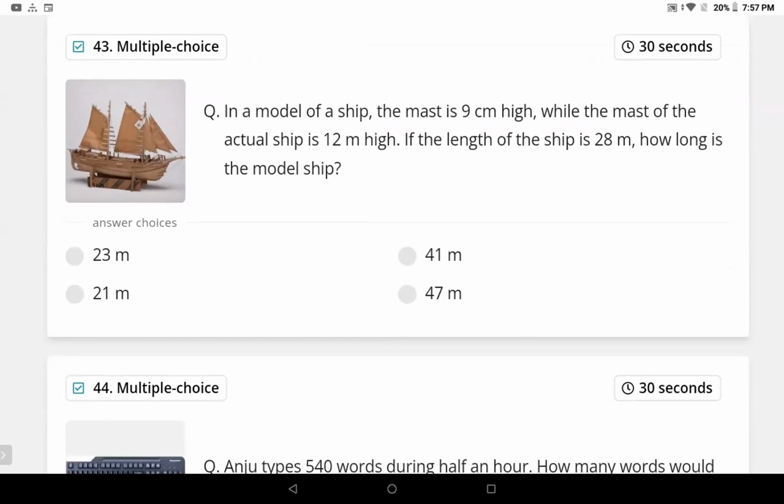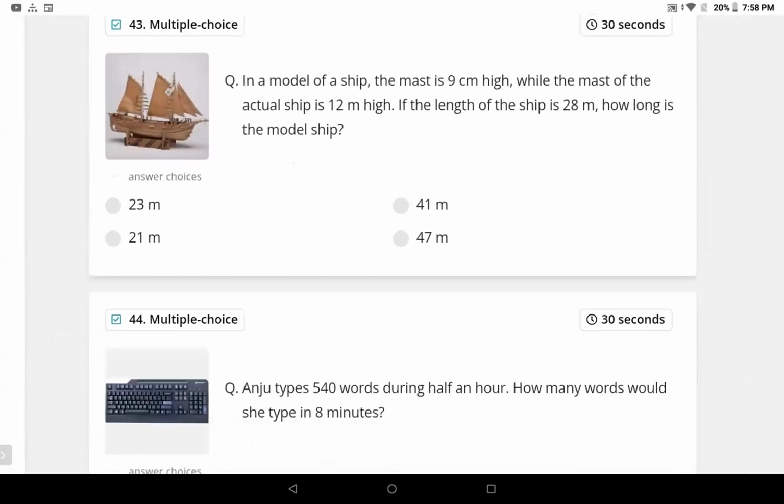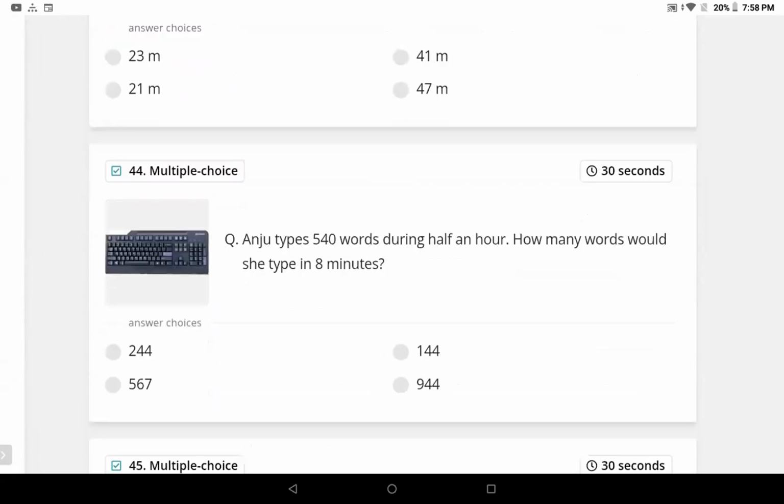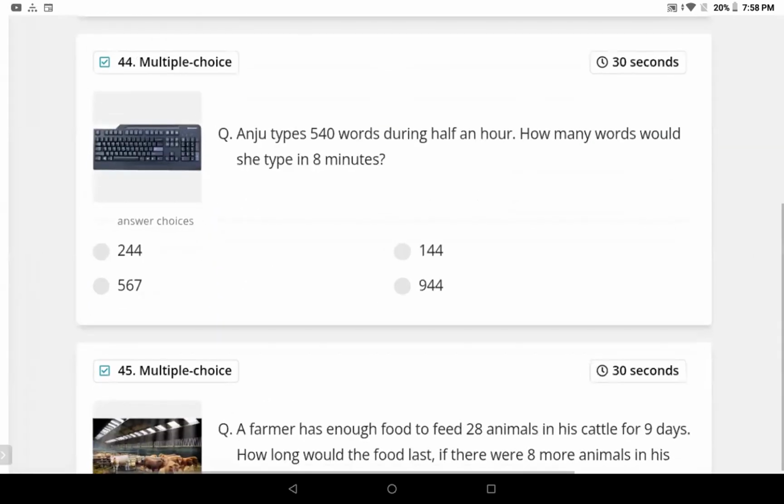No, but here it is meters and centimeters. I think the answer is in centimeters, children. They gave the wrong answer actually. You just see, the model of the ship you are supposed to express in centimeters. I should change this question so the unit should be in centimeters, children. Don't consider it as meters because it is a model. Maybe the size will be reduced, like how we do in map scales. Same way, the model is in centimeters. So sorry, the units are centimeters, not meters. It's 21 centimeters. So your answer is correct, but the centimeters should be there.